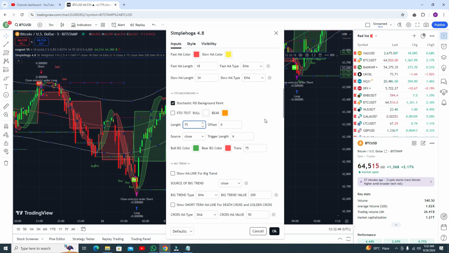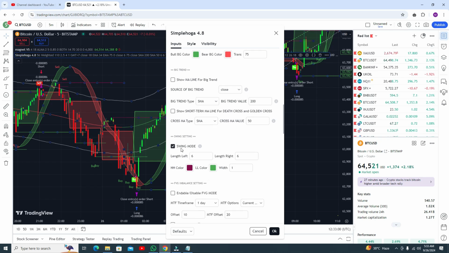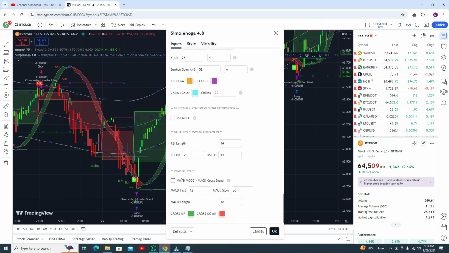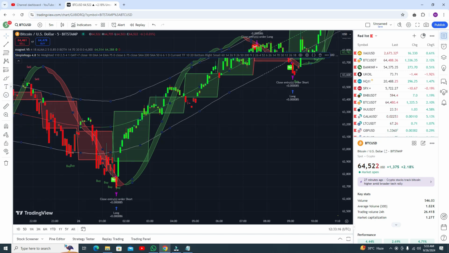100% non-repainting. MA lines: if you need, you can check the value, but the recommended value is 250, but we do not need this right now. And uncheck this swing mode, and there are a lot of options here. We just need to keep the chart simple, so it will be more effective. Now there is a band and RSI, and there are some buy and sell signals.